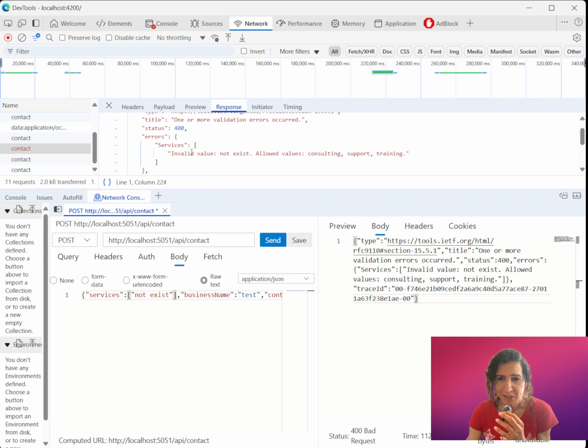I would recommend customizing the errors that you return rather than just outputting the default response from your validation attribute, which can leak sensitive information. So just be careful of that when you're working with this. But otherwise, this is a really great example